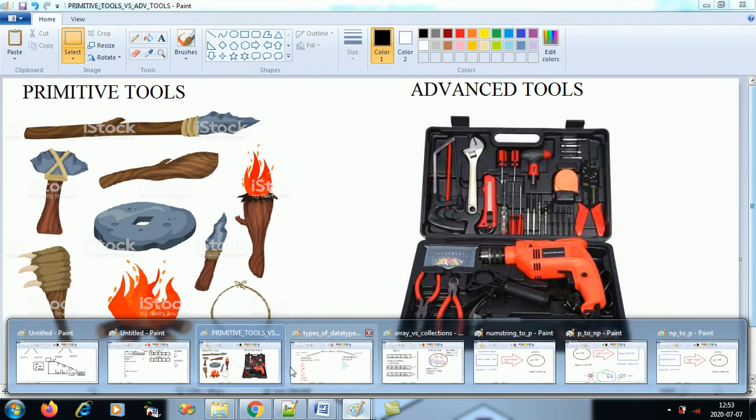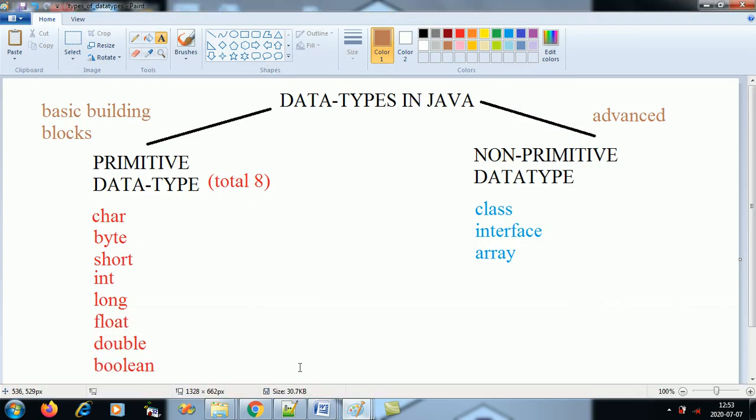Primitive data types are the types which we've been studying all this while from C, C++ onward. They are a total of 8 in number: char, byte, short, int, long, float, double, boolean. Observe, they all start with a small letter. In fact, it's char, not even character, with a small c, and byte with a small b.